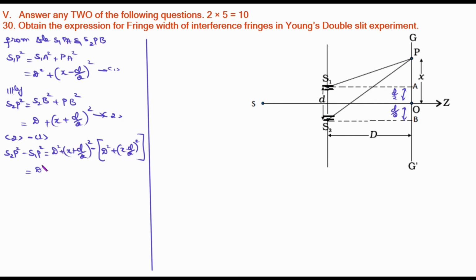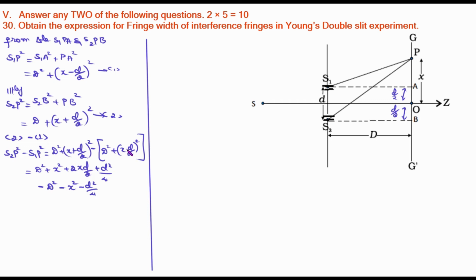D square plus, expand it, x square plus 2x d by 2 plus d square by 4. Using the a plus b whole square formula, if we expand, we get this. Next, this one: minus into plus d square minus d square minus x square minus d square by 4 minus